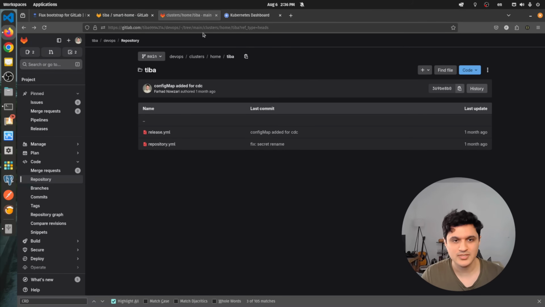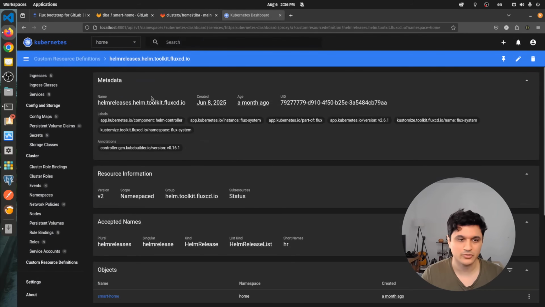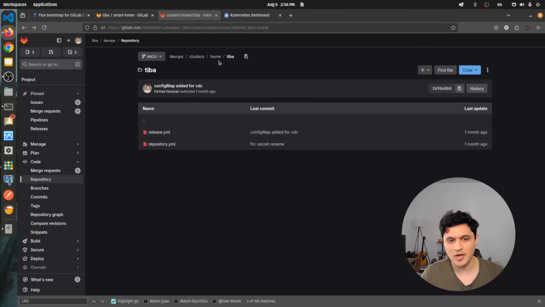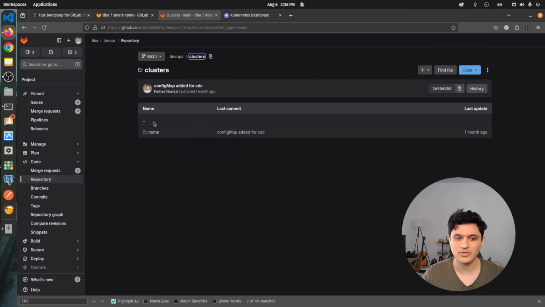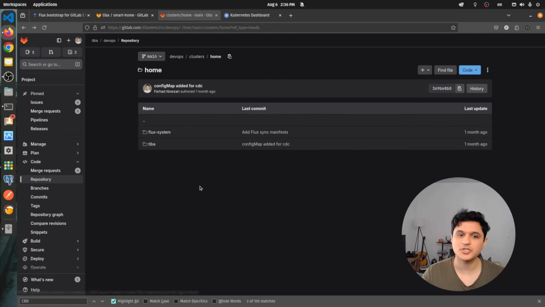What I'm going to do is, so this is a working cluster, I'm not going to touch this. I'm going to bootstrap a cluster under the same repository. So I'm going to have a new cluster here. And then I'm going to initiate a Minikube cluster, and then I'm going to install the same Tiba application on that cluster with everything that